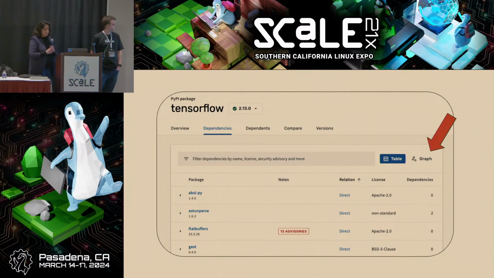And if you click on the Dependencies tab, as this slide shows, you can see how many projects it relies on. You can click on the Graph button on the right top corner to see a cool visualization like those we've shown in the previous slides. You can also choose that third tab to see the dependents, to know how many projects rely on this one.